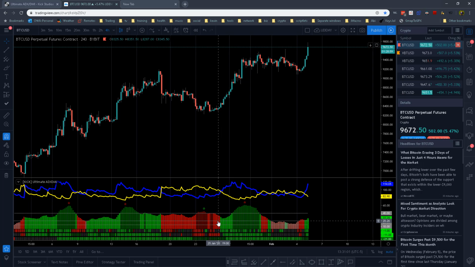A lot of other references will tell you that 25 is kind of the baseline for that trend floor. And that's something that is actually configurable. I'll show you where we can set that when we look at the settings. The last line we have up here is at 40, which is also, again, configurable, but that's where we start